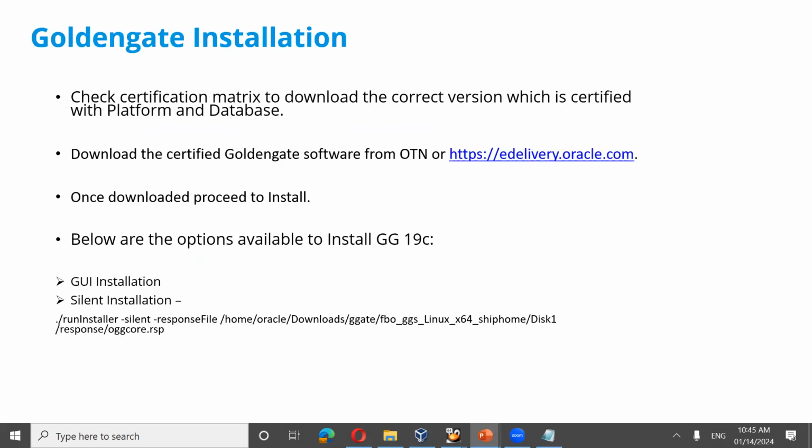So now let us discuss about Oracle GoldenGate installation, how you can install Oracle GoldenGate. So these are the two types of architectures available in Oracle GoldenGate environment. Okay. Now,